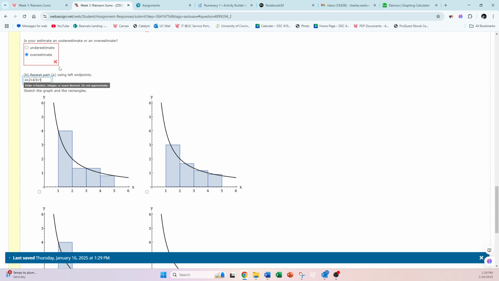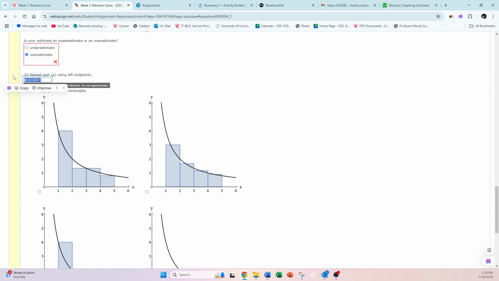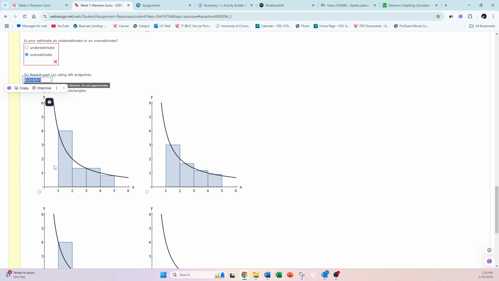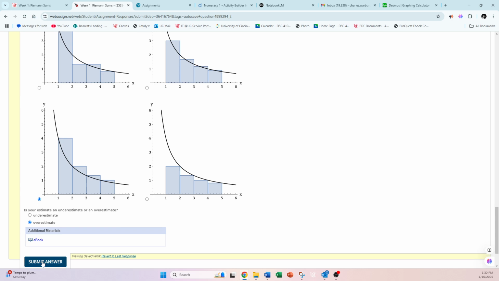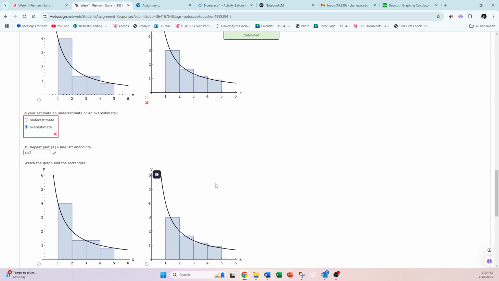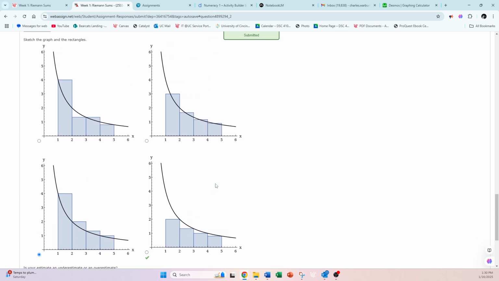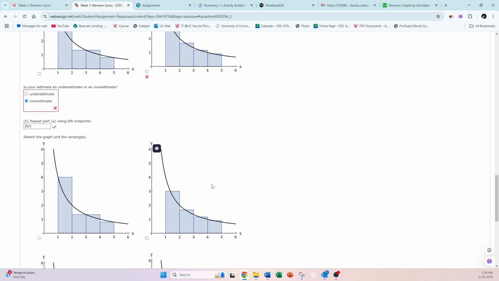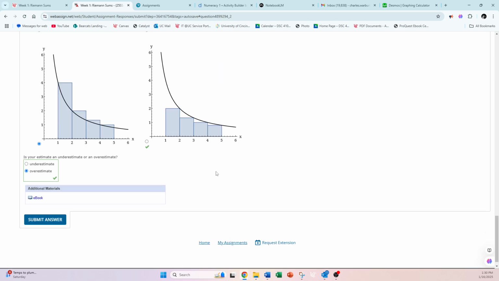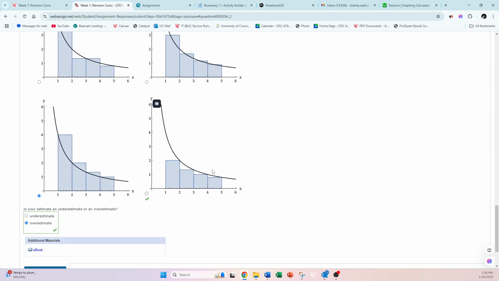Okay, let's see what that is. Copy those calculations into Desmos. 25 thirds. Make sure that that's correct. Okay. 25 thirds. Looks okay. Remember, this is an underestimation. I just accidentally hit that one. Okay, so